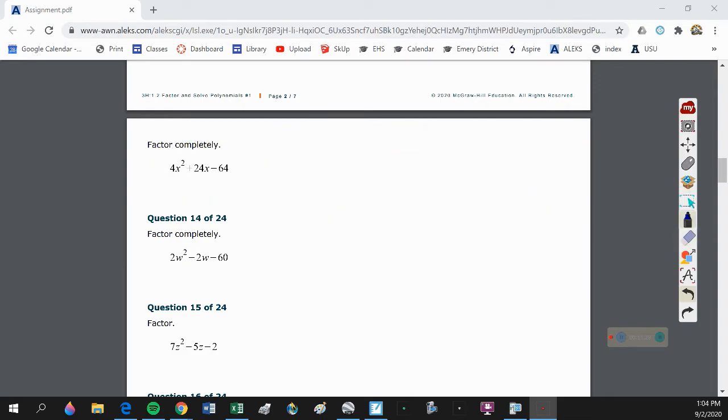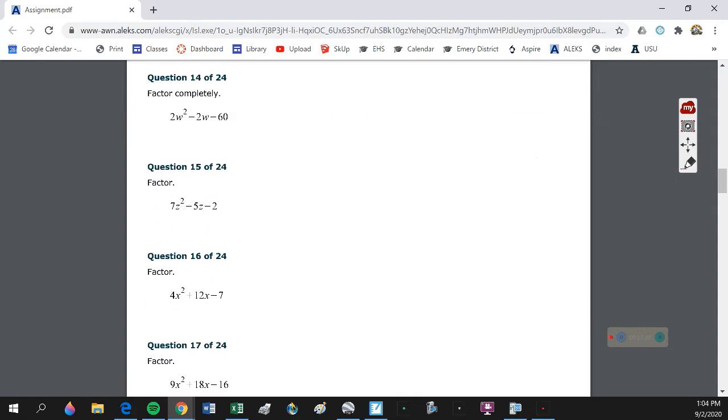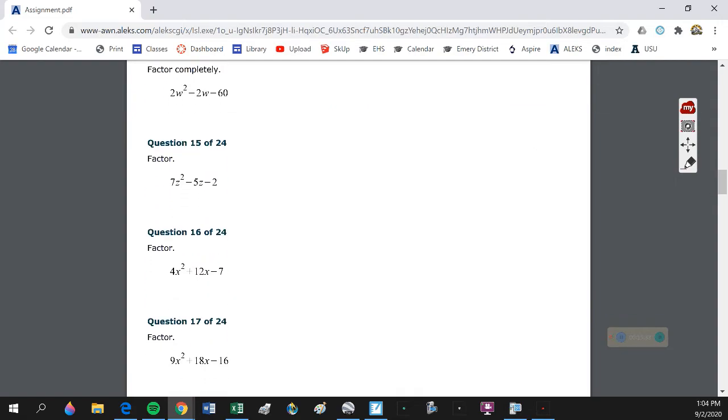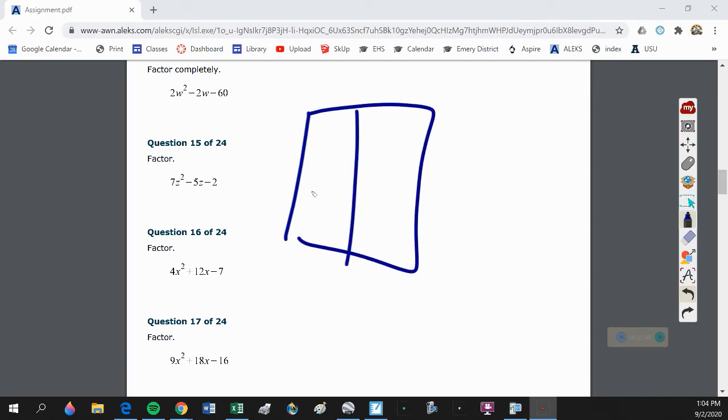It's the same process. It's just a little bit more complicated. So, can I pull out a 7? Well, I can, but it's going to create fractions, so I don't want to pull out a 7. So instead, I draw the box, and I put in 7z squared and negative 2,